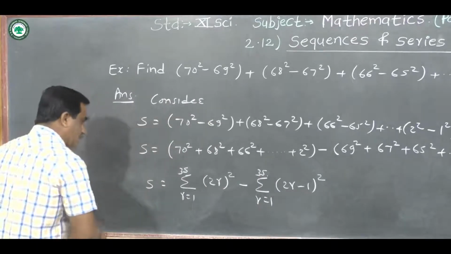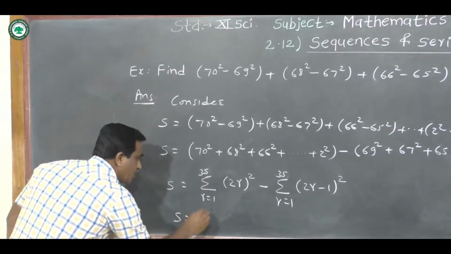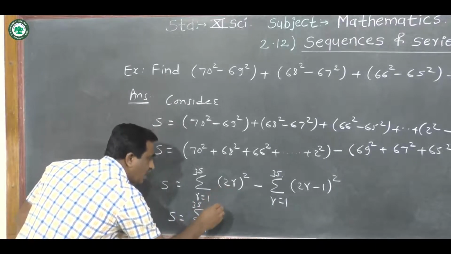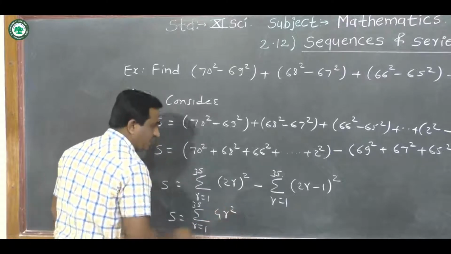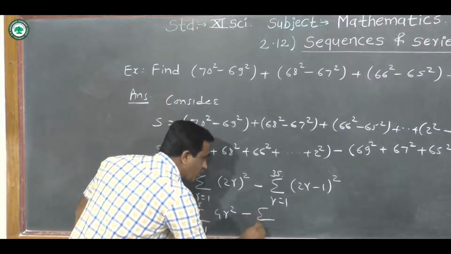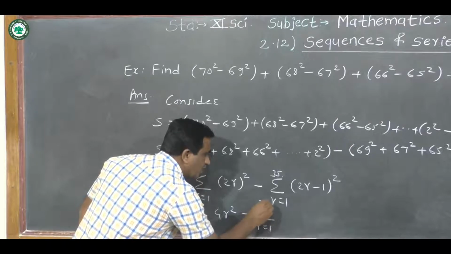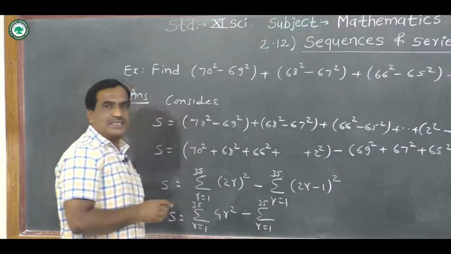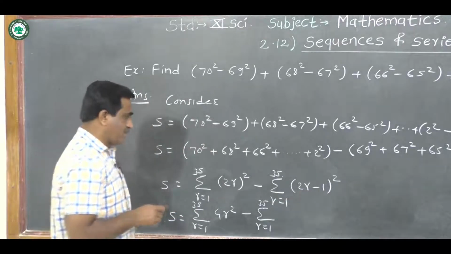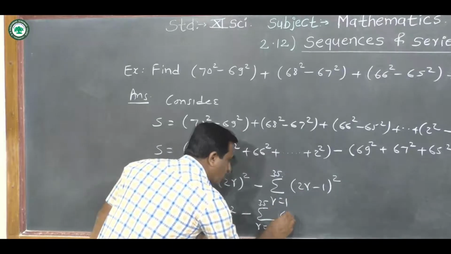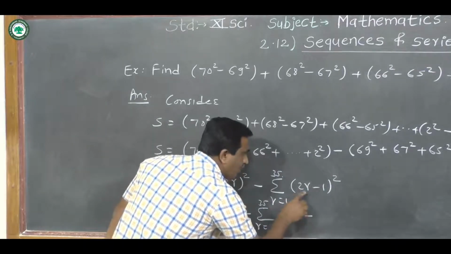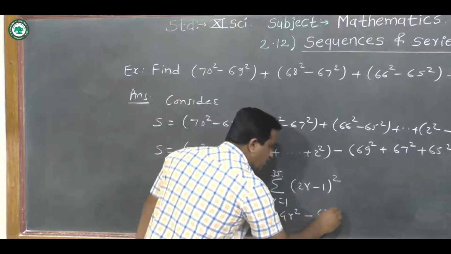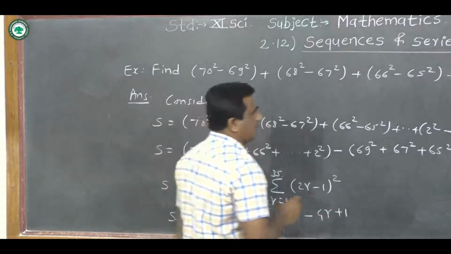Okay, now we can solve this. S is equal to summation r goes from 1 to 35, 2r square means 4 into r square, minus summation r goes from 1 to 35, take here the expansion by using the formula a minus b bracket square, that is a square minus 2ab plus b square. 2r square means 4r square minus 2 into 2r, 4r, plus 1,